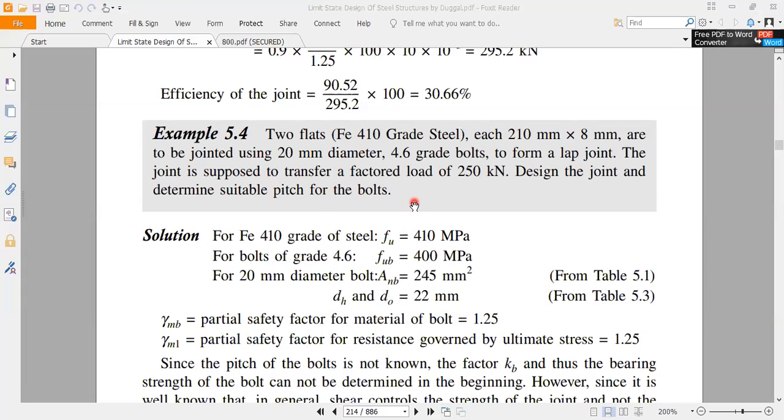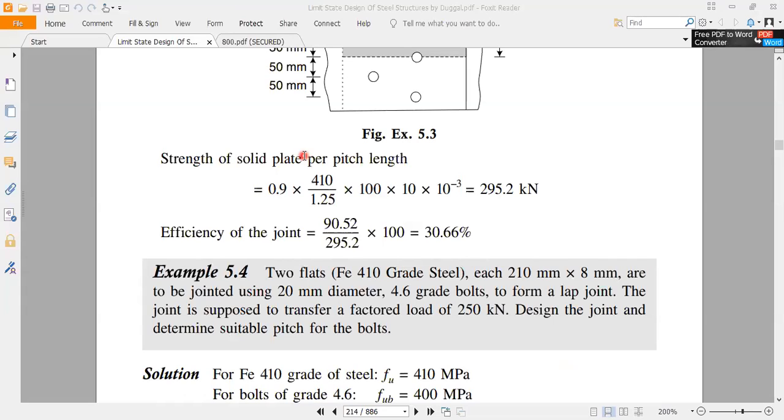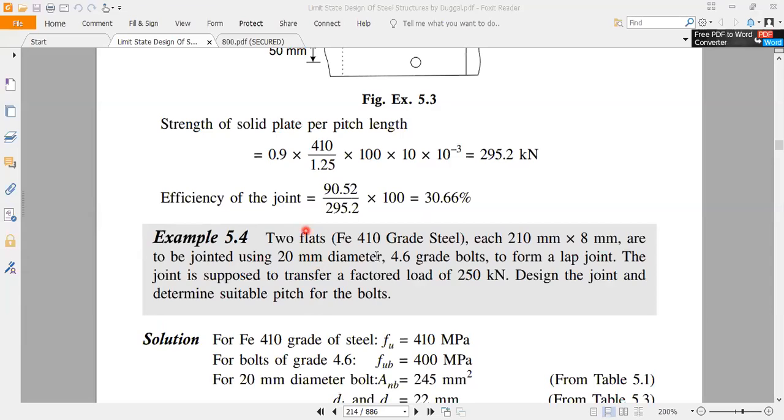So next type of question is this. So type दूसरा क्या टाइप होता है क्वेश्चन का, because देखो क्वेश्चन नंबर 1 में क्या था, एक बोल्ट का हमने स्ट्रेंथ निकाला। क्वेश्चन नंबर जो थर्ड क्वेश्चन जो था हमने जस्ट अभी सॉल्व किया, उसमें क्या अटेम्प्ट किए कि रेडीमेड एक कनेक्शन था, उसका हम लोग स्ट्रेंथ निकाले। अब थर्ड जो टाइप होगा दैट इज 2 फ्लैट प्लेट, ये डायमेंशन होगा, ये ज्वाइन करना होगा, ये डायमीटर बोल्ट से, ये ग्रेड होगा बोल्ट का, and lap joint बनाना हमें देना है ना। 2 प्लेट है बेसिकली, उसको हमें लैप जॉइंट बनाना है, और बोल्ट डायमीटर दिया है, बोल्ट का ग्रेड दिया है, और बोल रहा है कि the joint is supposed to transfer a factored load of 250। बोल रहा है कि जो लोड आएगा उस कनेक्शन में दैट इज 250।